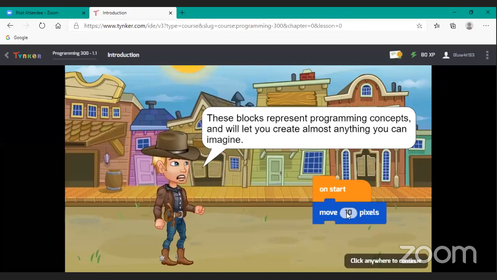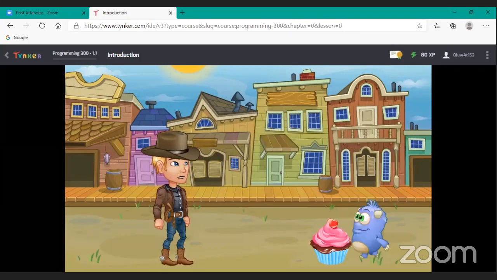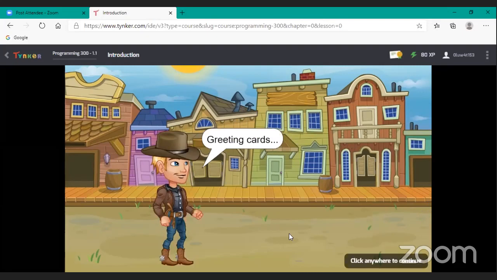As you can see, this animation here is a bit like code.org, where we put together the blocks to make it work. These blocks represent programming concepts and will let you create almost anything you can imagine, such as animated characters, greeting cards,